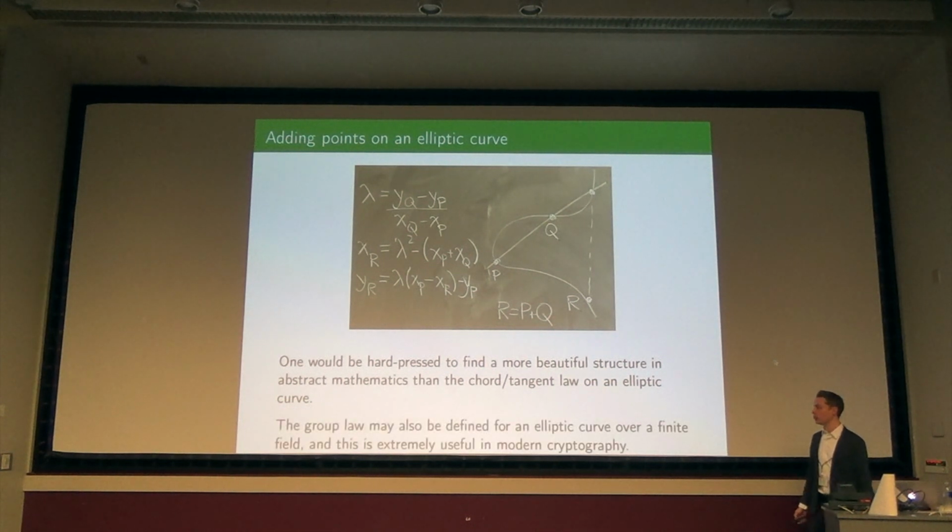Maybe for some of you who are interested in this kind of thing, I'm trying to connect with as many areas of mathematics as possible so you can see your favorite thing. If you do elliptic curves over a finite field instead of irrational numbers, this expression makes sense on the top here. I'm just declaring lambda to be the difference of elements, so I just need a field. I have to be able to divide, but other than that. And in that situation, you would end up with a finite set of points with a group operation on it, and this is really useful in modern cryptography.